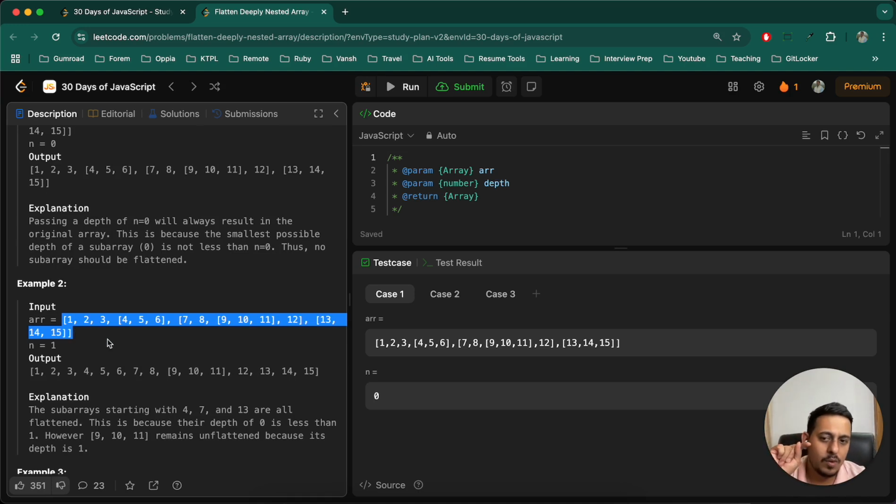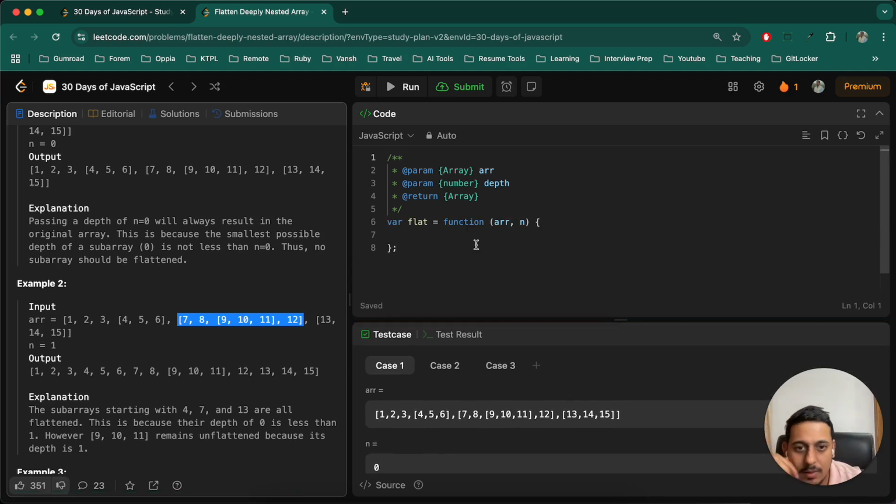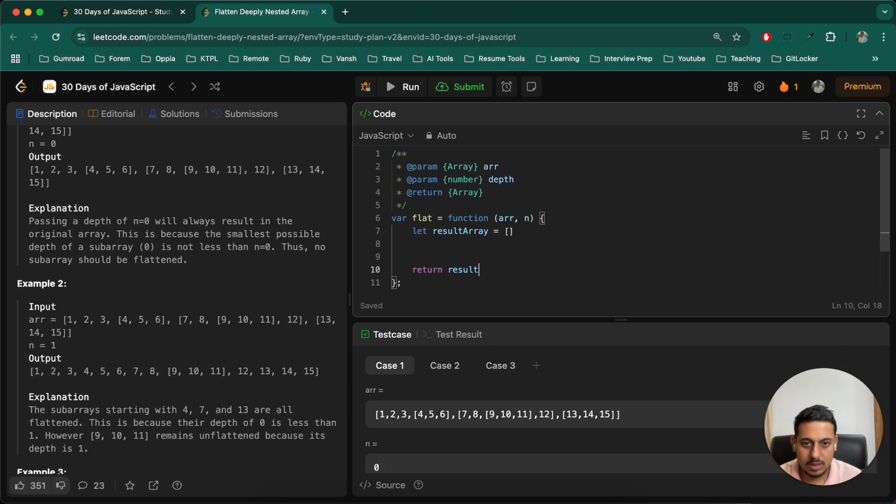Whatever algorithm I apply to this input will remain the same if the input was this, right? Just because of this logic, I know that I have to use recursion. Whenever there is recursion, it can get problematic for me, so let's see. Let result array be empty, return result array. This is what we know. And also if n is 0,